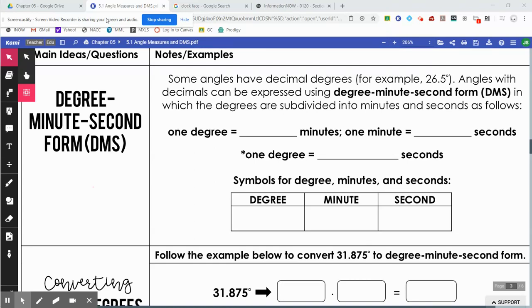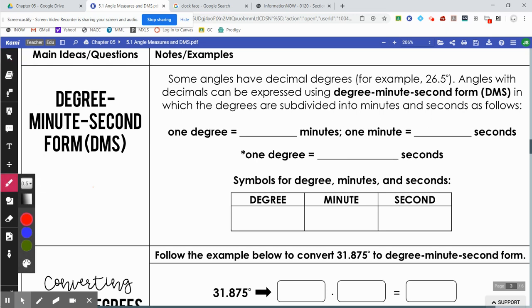Okay, in this lesson, we're going to be talking about degrees, minutes, seconds form. And the way we're going to look at this is between 5 degrees and 6 degrees. Is there something in between there? And we do have those decimal degrees between, but there's another way we can write it. Some angles have decimal degrees, for example, like 26.5 degrees, like we see there. Angles with decimals can be expressed using degrees, minutes, second form, in which the degrees are subdivided into minutes and